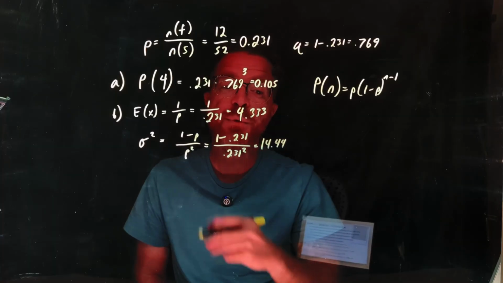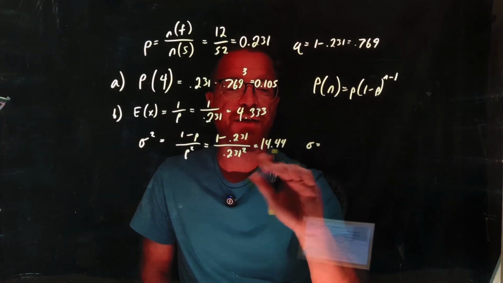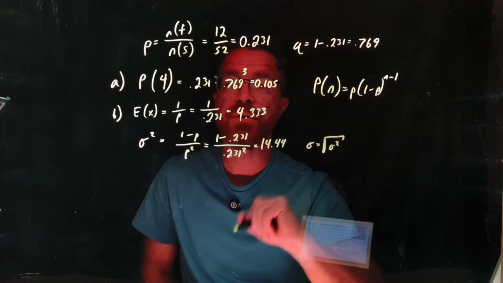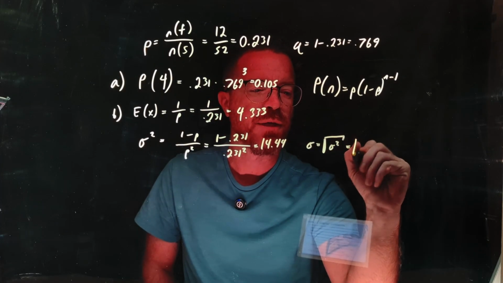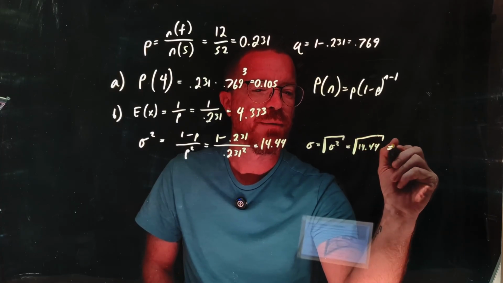14.44. And if we want to take it one step further and find the standard deviation, we could just take this value and take the square root of it, because the standard deviation is just the square root of the variance. So this is going to be equal to the square root of 14.44, which is going to be equal to